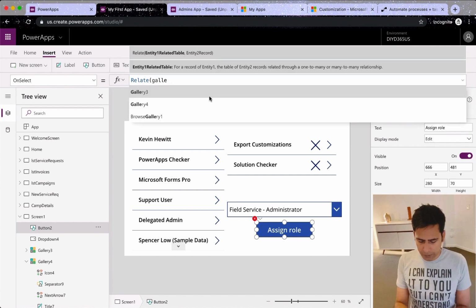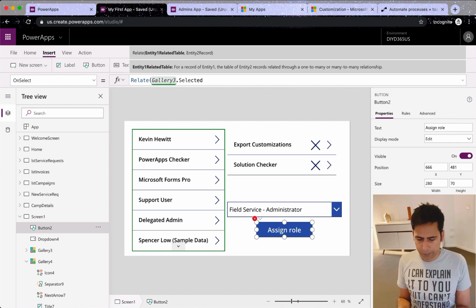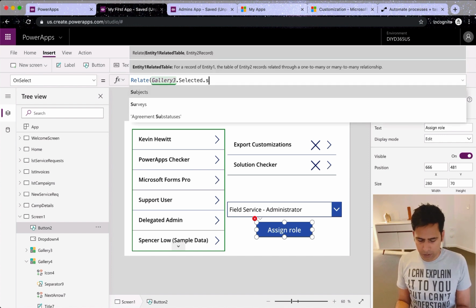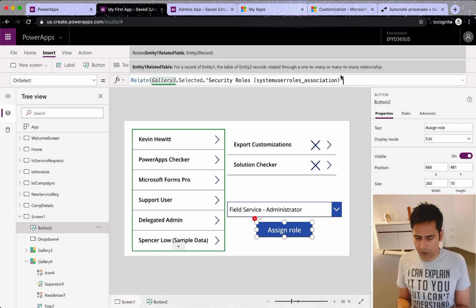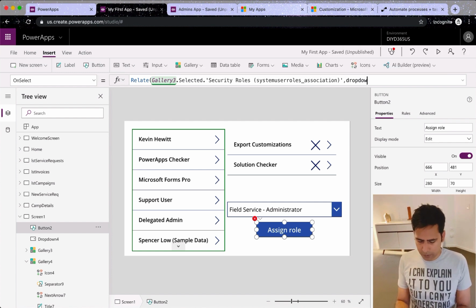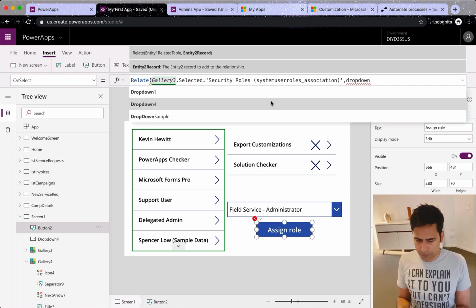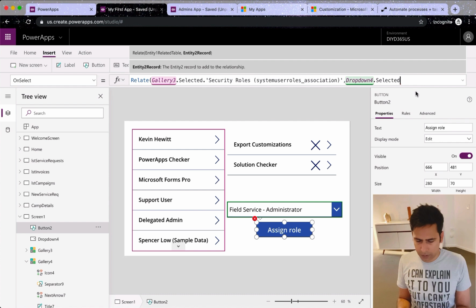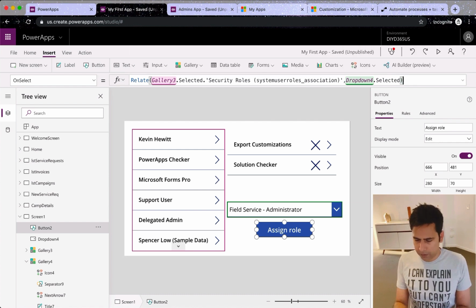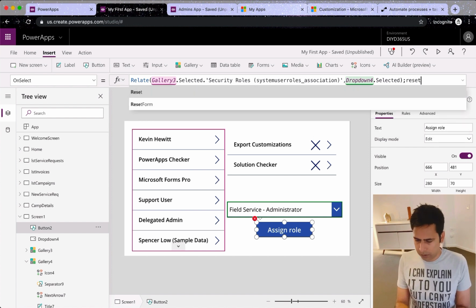So relate gallery 3 is my user gallery, so Gallery3.Selected.'System User', this one, select that, comma, what do we want to relate is Dropdown4.Selected, and that's it. That's all we want to do, and then we'll put reset